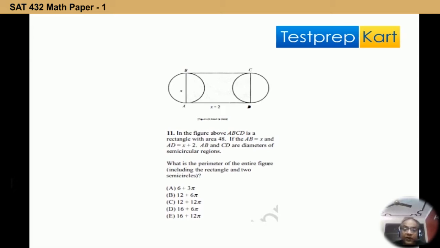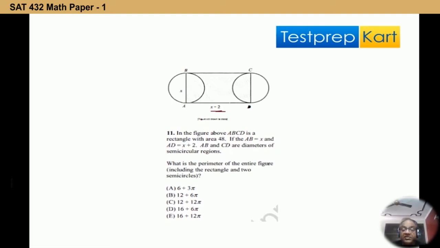In this figure, ABCD is a rectangle. This ABCD is a rectangle, and the side AB is x and side AD is x plus 2. AB is a diameter, again CD is a diameter of the circles. What is the perimeter of the entire figure? Now, in order to find this perimeter, that means we want